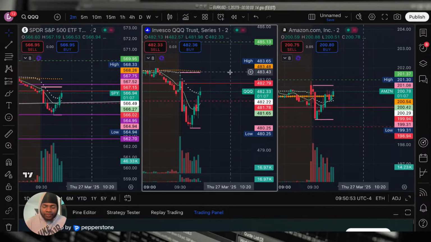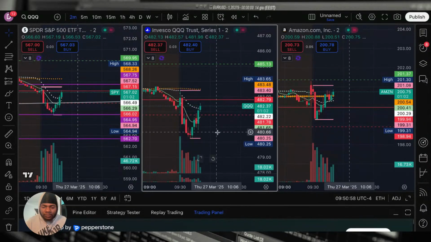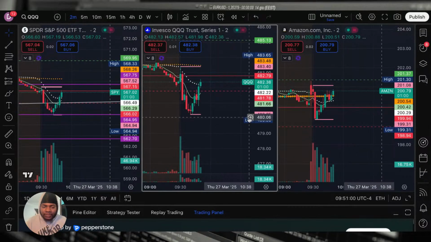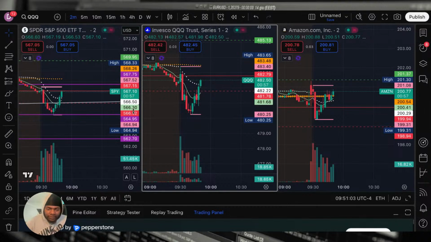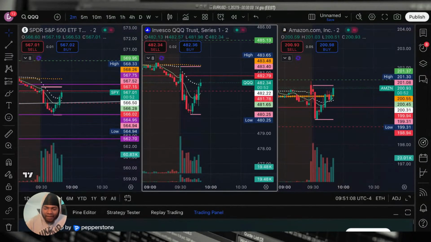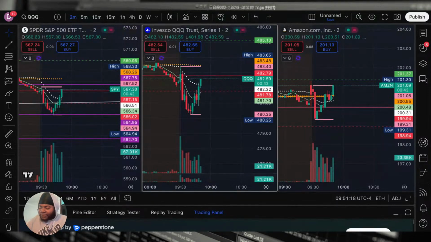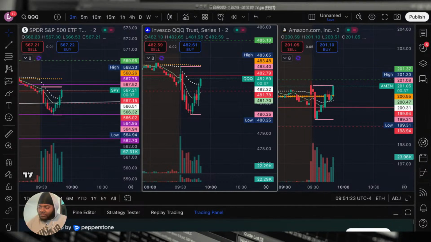Yeah, we just went down, formed the bottom. Still getting whipped though. Sitting around a couple levels. It might chop around for a second. But I'm watching that Amazon above 200. Meta also. It's like, God damn, boy. Fuck.